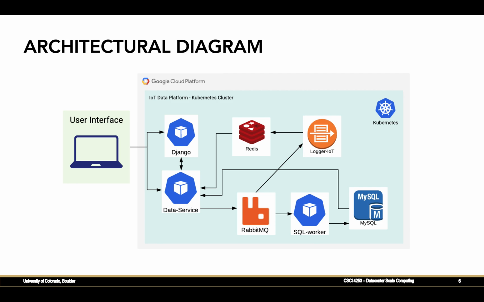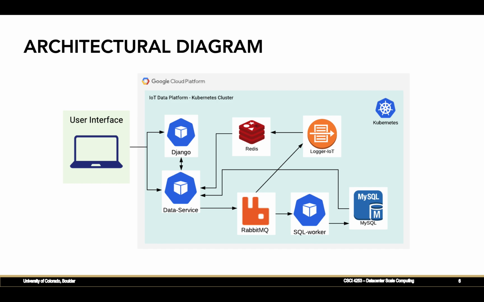Going over the architectural diagram, initially a user accesses the platform via the respective URL provided. The front end for the user is implemented using Django and deployed in the Kubernetes cluster as a separate pod. The service is internally connected to a data service pod. The data service pod is basically the core of our system, which implements the Flask server and handles all the API requests. This pod is internally connected to the RabbitMQ pod, which runs the RabbitMQ broker and which runs